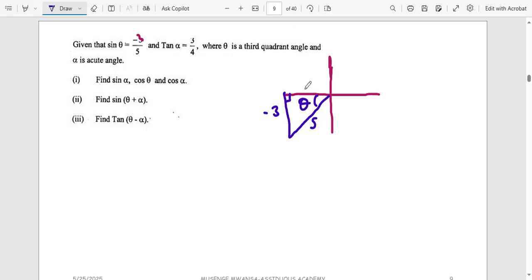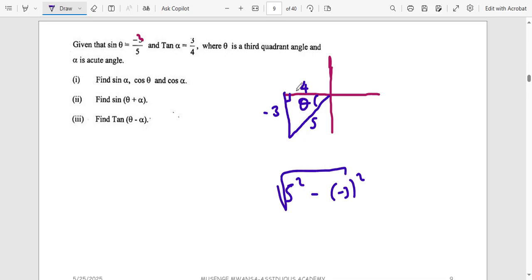Very good. The Pythagoras theorem, right? So it will be 5 squared minus negative 3 squared. Please put the 3 in brackets. If you don't put it, you confuse everything. So this will give us a 4. Okay? But even if it will give you a 4, a positive 4,